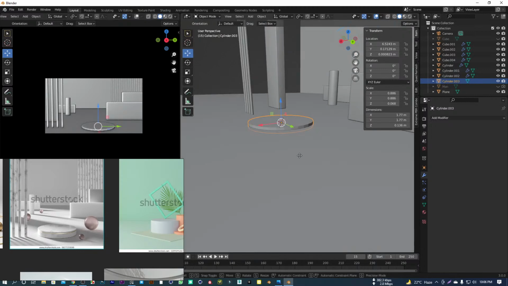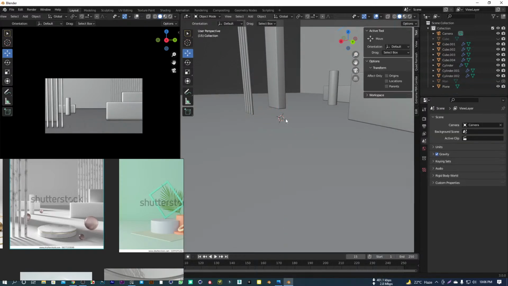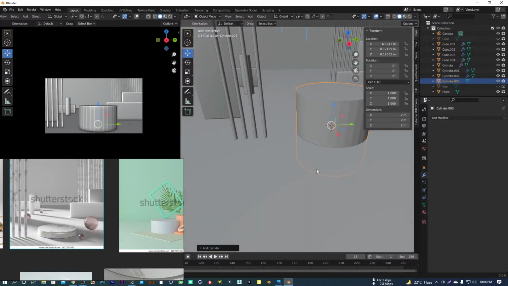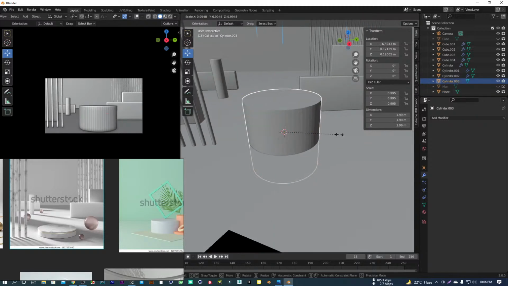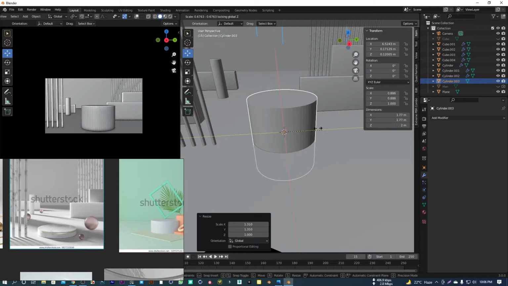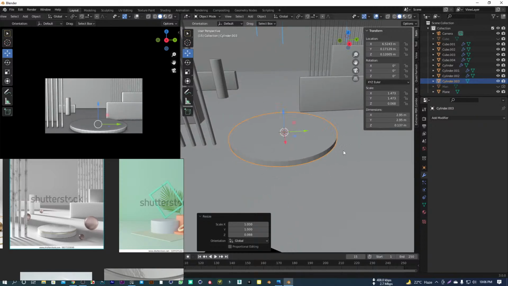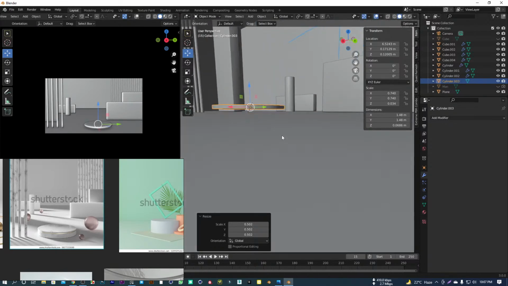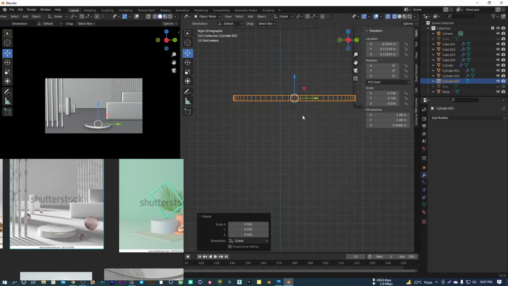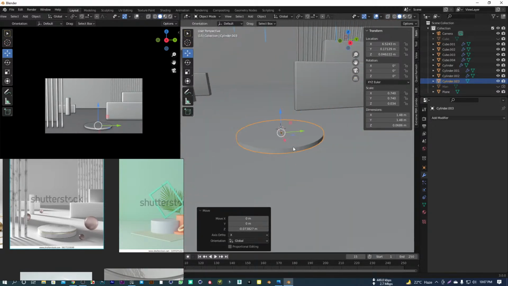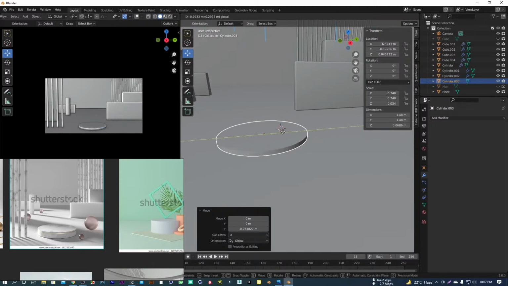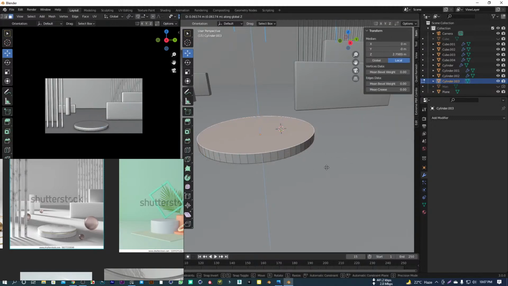Okay. Yeah. You need 64 vertex, 64. S shift Z, SZ, three, then GZ. Okay, just position it. S shift Z, GZ, something like